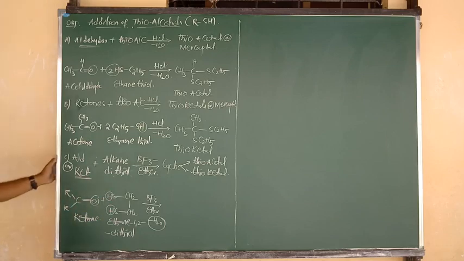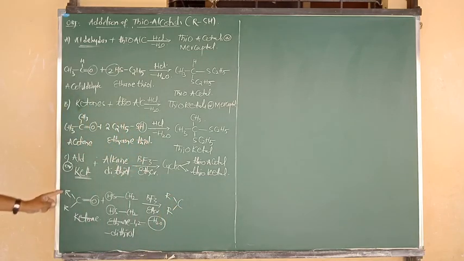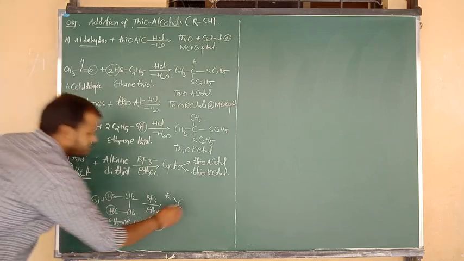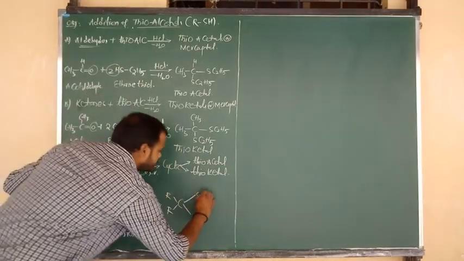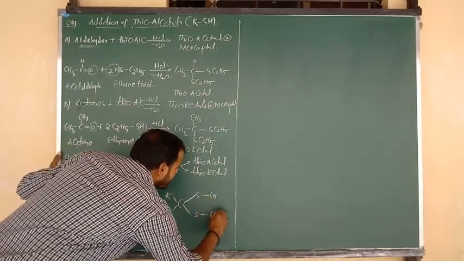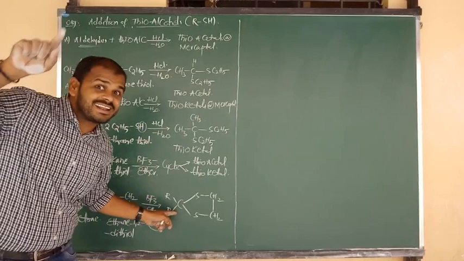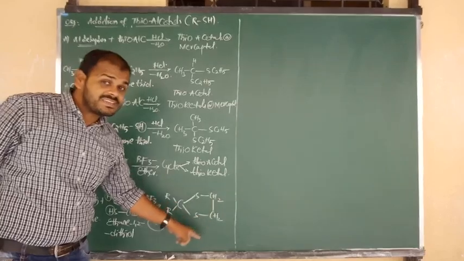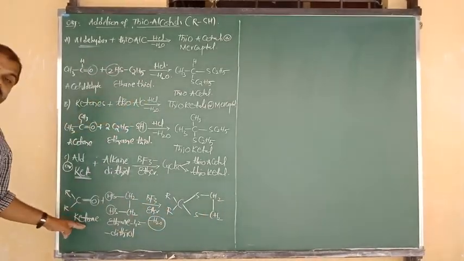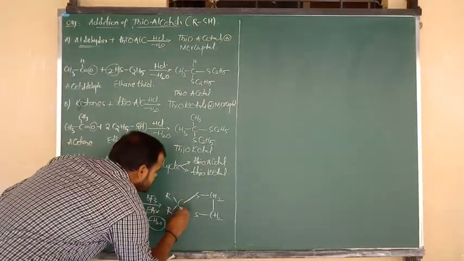So C connected to 2 R groups. C contains 2 bonds, 1 connected to S and 1 more connected to the S below. Now S is connected to 2 CH2 groups, and the other S is connected to another CH2 group. This formula looks like ethylene glycol ketal, but here sulfur is there. So this is a cyclic thioacetal or ketal. This is not coming from aldehyde, it is coming from ketone. If it comes from ketone, we have to say cyclic thioketal. So this is your final product.